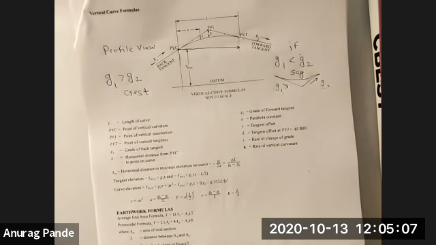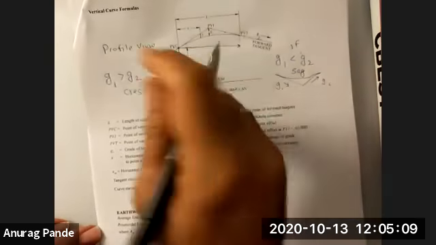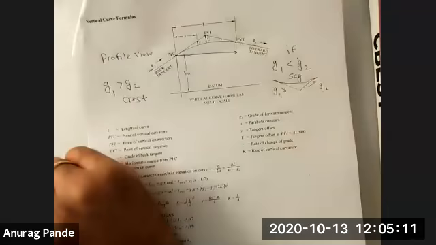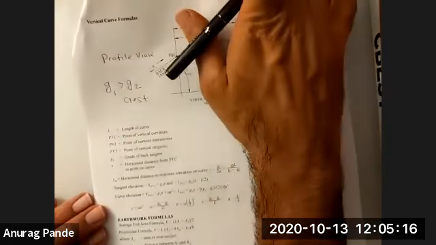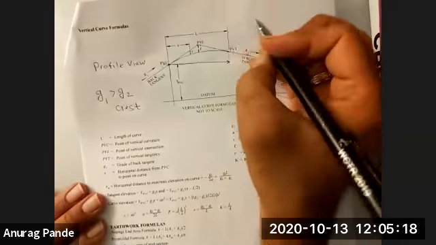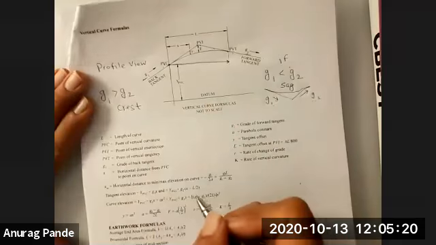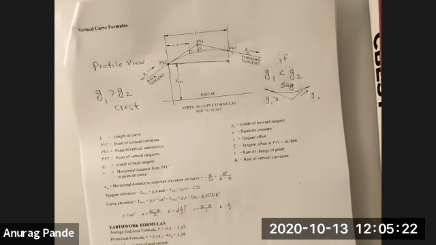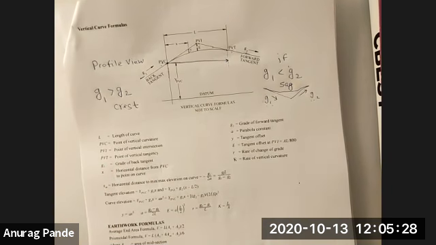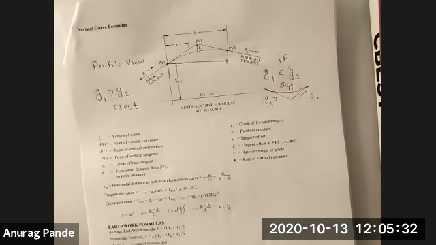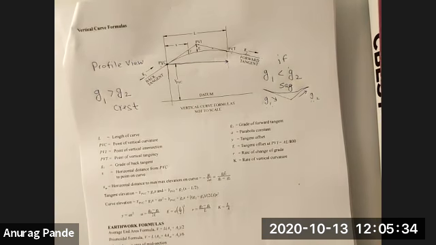Now, parabolic curve is interesting if you recall from your basic geometry or algebra where you might have learned this. The equation of a parabola is defined as a quadratic equation, ax squared plus bx plus c, you might have heard that equation. But what is so special about the parabola is if you take a look at the second derivative of the parabola,